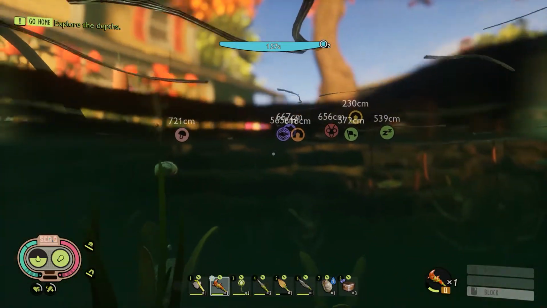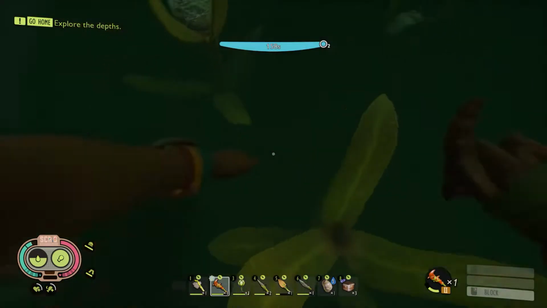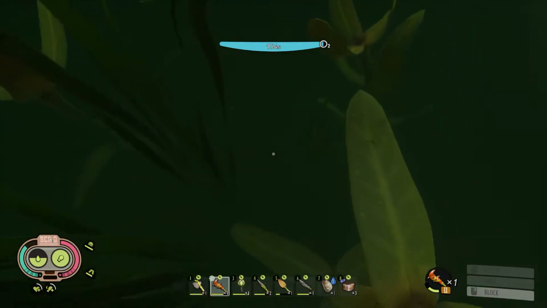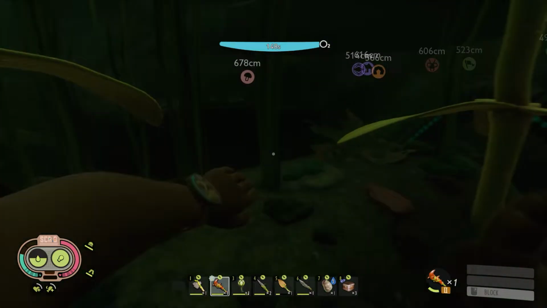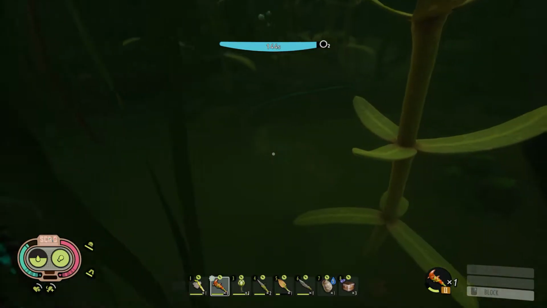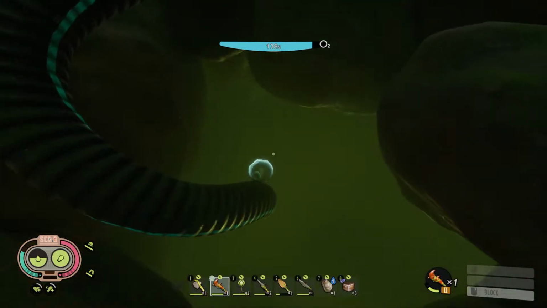So the underwater lab, the pond lab, I discovered down here in the depths, somewhere around here. I always get confused exactly where it is. Right here by this tube, wherever that tube is leading. No, that's not right. Here we go, this tube. Down here, there is a little underwater section where there's actually...